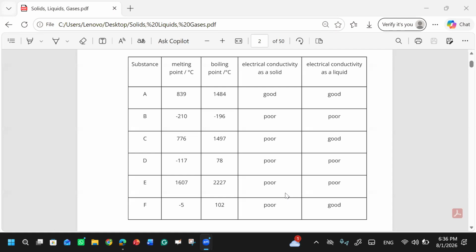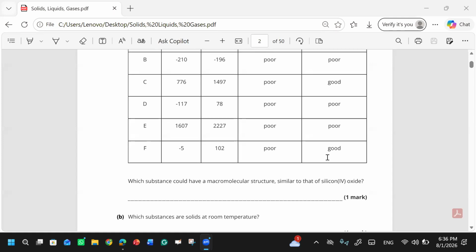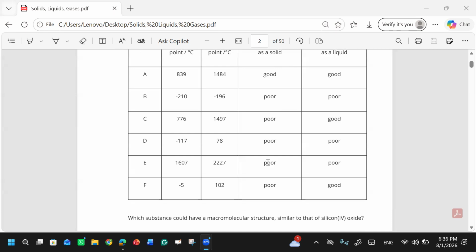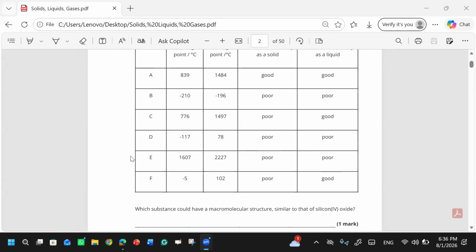So it should be A. No. Silicon oxide is not conductive in water. What about in solid? In solid, it's a good conductor, I think. Silicon has zero conductivity in the solid form. Now you have chosen the right option, but I don't know why you are explaining it wrong. The E option is correct.